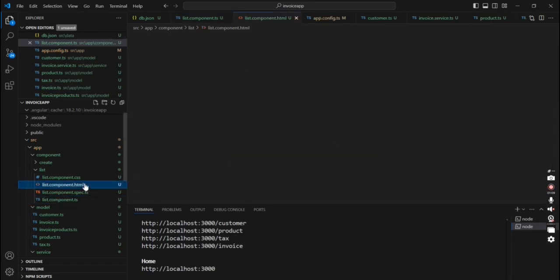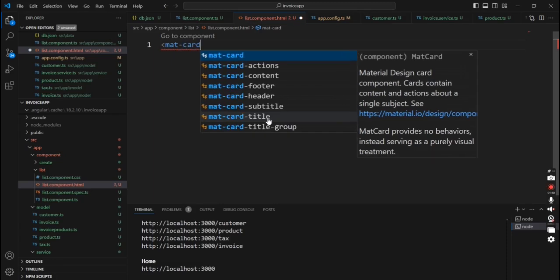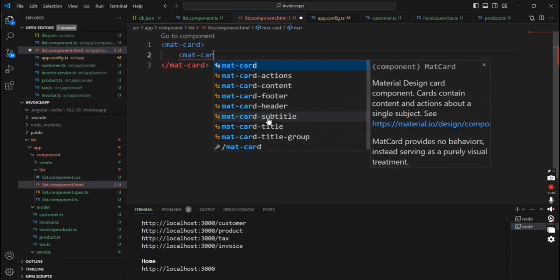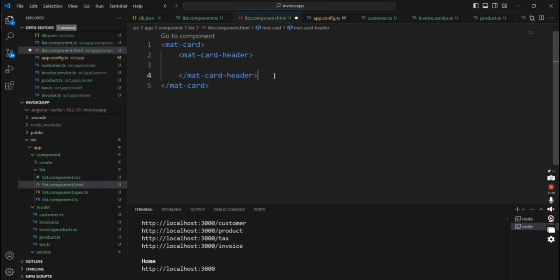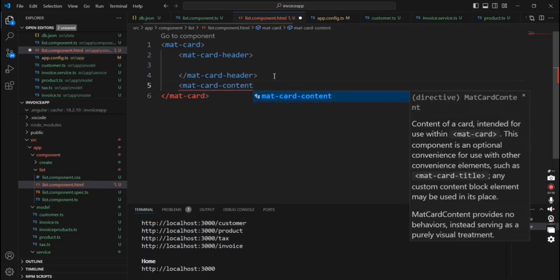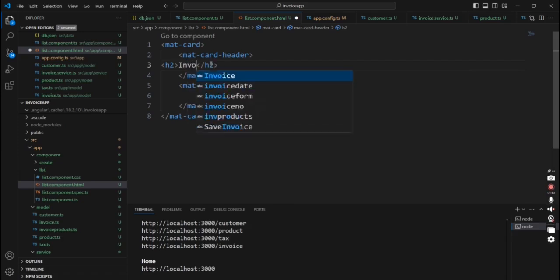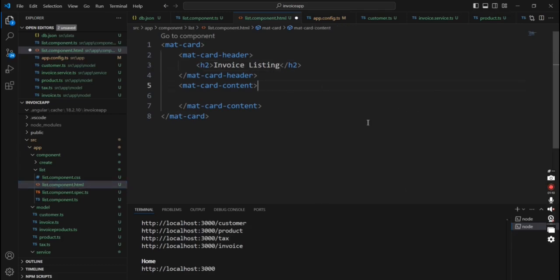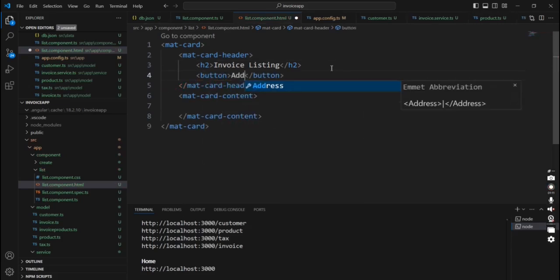Next I'm moving into our HTML side. Removed the existing content and including this mat card. Then obviously we can include the mat card header and mat card content. Okay, so here we can include one h2 tag, and it's saying invoice listing. Okay, so let me format it. Also here we can have one button. Okay, add invoice,